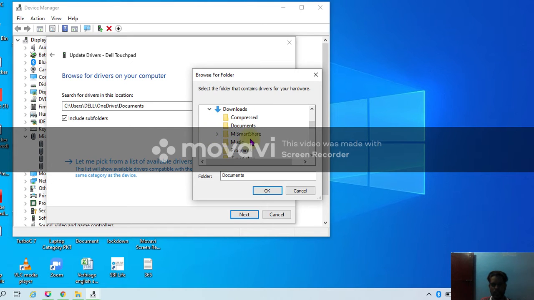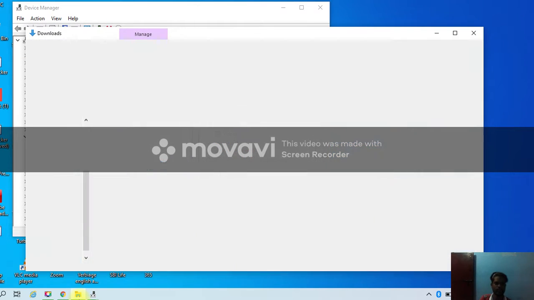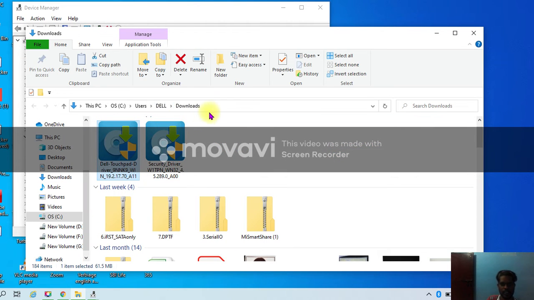So here we go. Now you can see you're not able to see the exe file, right? Wait a minute, I'll show you this driver. I'll do one thing for your convenience: I'm putting this on the desktop.